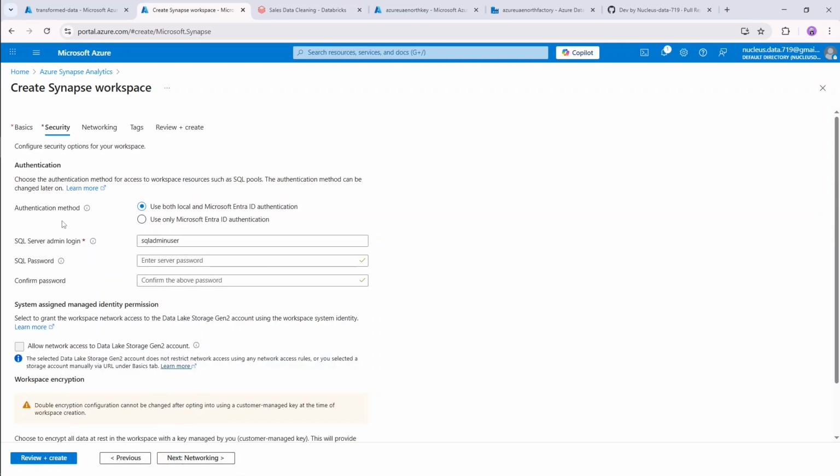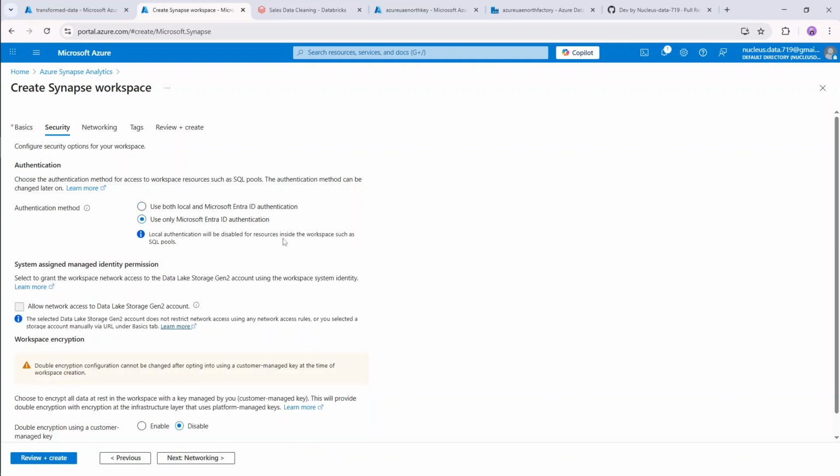Now in the security, for the authentication method, you can allow both local and Microsoft Entra ID authentication, which is flexible for legacy apps but less secure. Or for more security, you can enforce only Microsoft Entra ID authentication, which means all users and apps must sign in through Azure AD, Active Directory. So I will choose use only Microsoft Entra ID authentication,